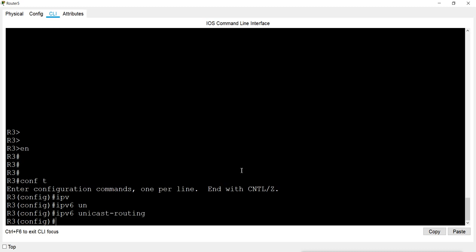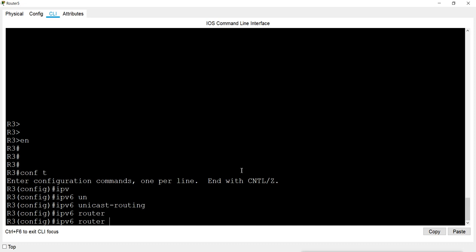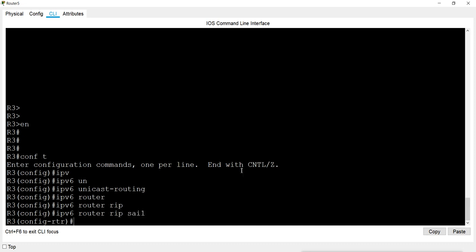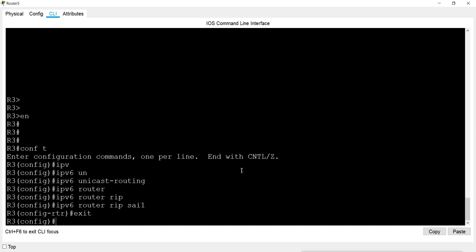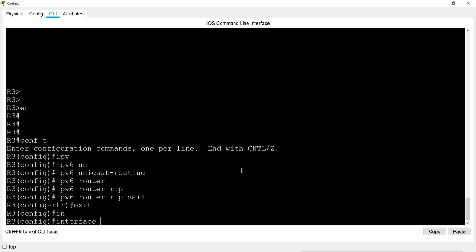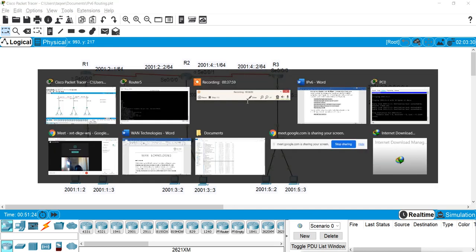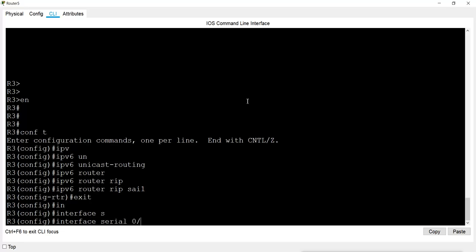Unicast routing, IPv6 router RIP process name, and exit from here. Then go to interface. Which interface is this? This is serial interface 0/0/0.